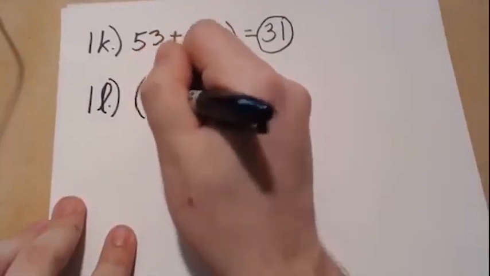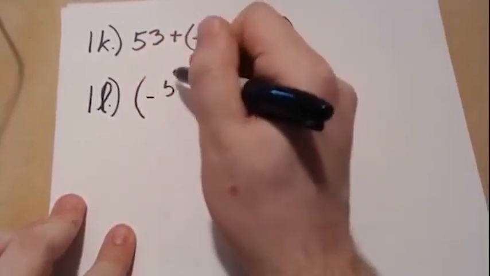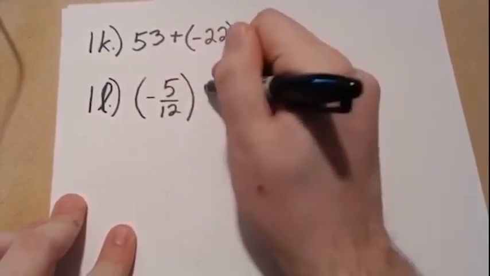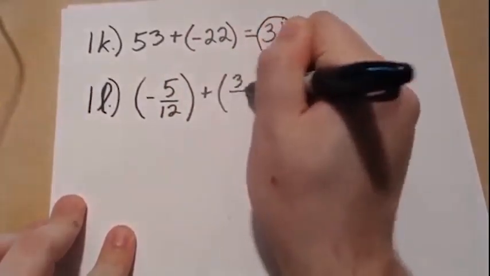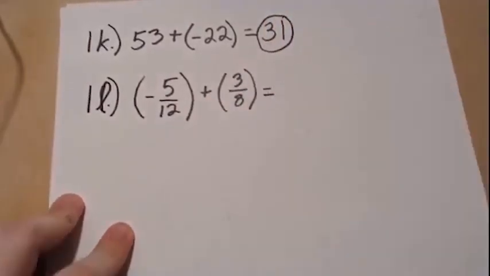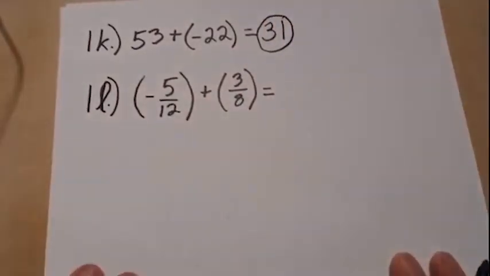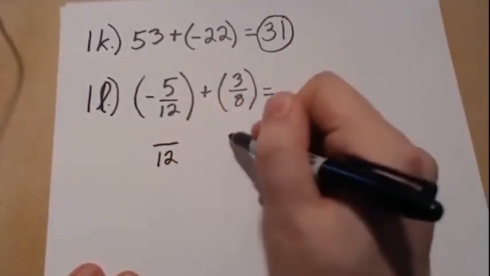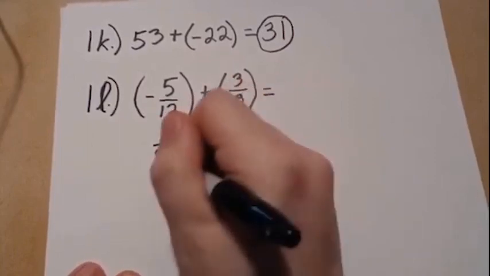And 1L. Negative 5/12 plus positive 3/8. Adding two numbers with different signs. In order to compare them, let's look at the absolute values, but with